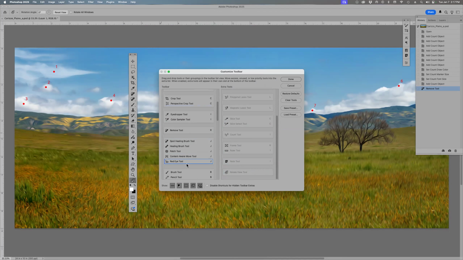The rest of these, I don't use this red eye tool hardly at all, but it is there. It used to be a joke because the whole eyeball would turn black instead of just the pupil. They have refined it, so now if you click on a red eye,